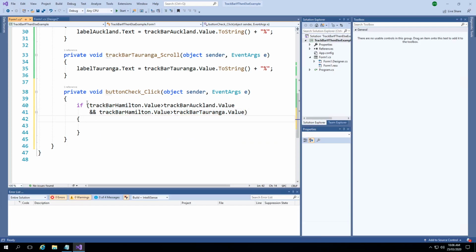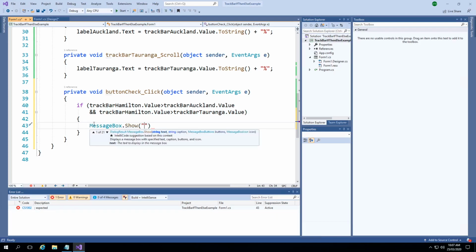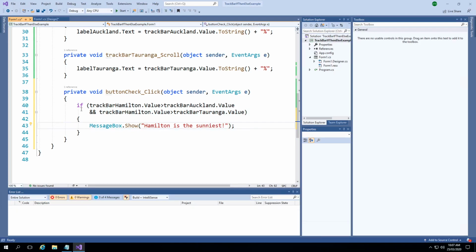If we read this, what we're saying is if the value of the Hamilton track bar is greater than the value of the Auckland track bar, and the value of the Hamilton track bar is greater than the value of the Tauranga track bar, then we're going to do something. We're going to pop up a message box, and I'm just going to say Hamilton is the sunniest. Okay. Now we could just run the program like this and it should work. However, I think